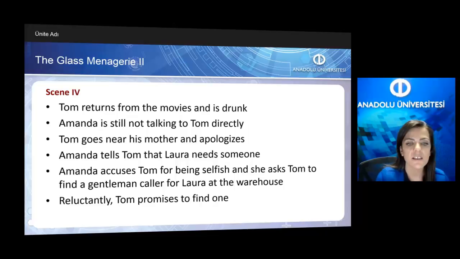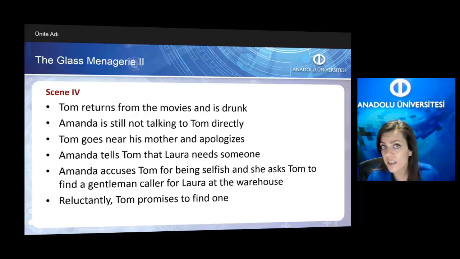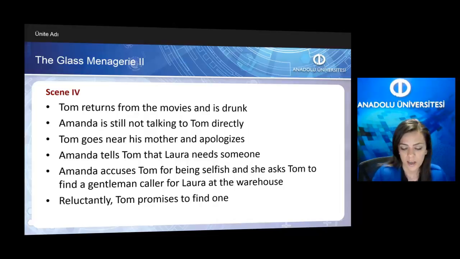Amanda is still not talking to Tom directly as a result of their recent argument. Tom goes near his mother and apologizes, and Amanda tells Tom that Laura needs someone, so that as a brother he has to find a kind of gentleman caller. Amanda accuses Tom of being selfish, and reluctantly Tom then promises to find a gentleman caller for Laura in this